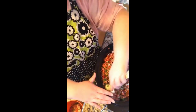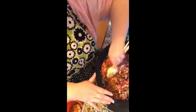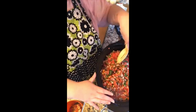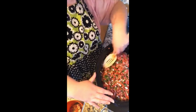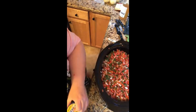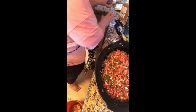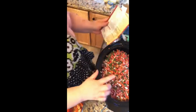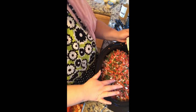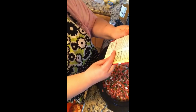My peppers, some of them came out of the freezer because we've been getting peppers here and there. And we haven't been getting them in big quantities, so we chopped and froze a bunch for salsa. But we will get that cooking, and when we pull this out, we will fill our pint jars, and we will can it for, let me see,